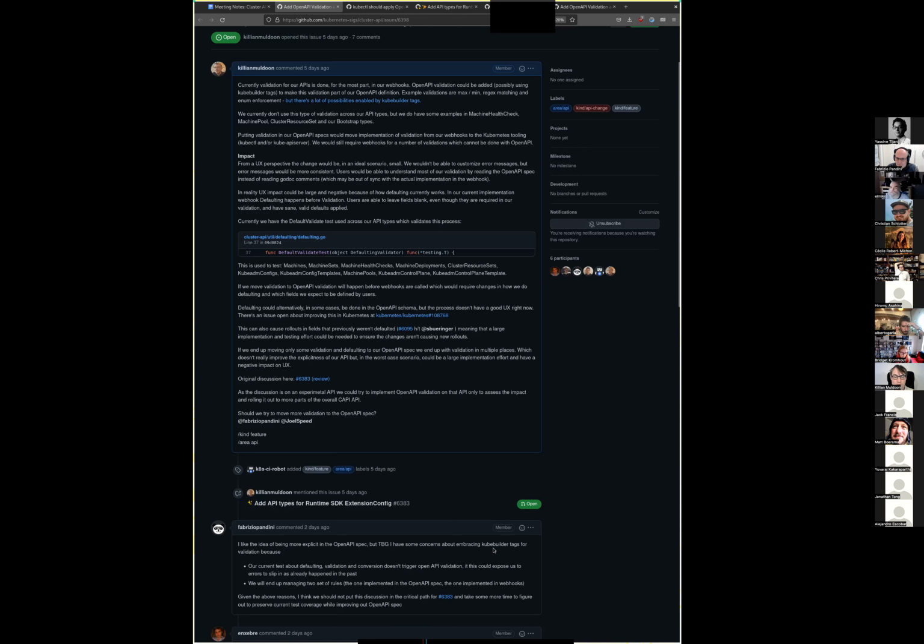Specifically to this one, from experience, I don't think that moving everything to OpenAPI would be possible, especially when we're doing validation that is dependent on other values, and where you have some complex scenarios of doing validation. So I think it might make sense for smaller things where you want to ensure that this field is a string, this field might not be empty, or such things. But as long as we start getting into more complex validation, I think we're better off with webhooks that we can unit test.